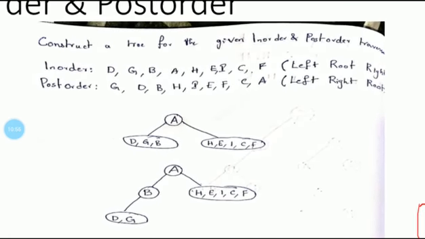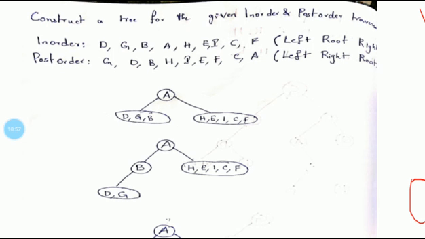So in these three elements, DGB, B appears last. So B becomes the root node. And with respect to B, there must be a left part and right part, but to the right of B, nothing is there, but to the left of B, DG is available. Why am I saying that to the right of B nothing is there? Because A is already explored. Already with the help of A we constructed the binary tree. So that's why we need not bother about the root node A again. So to the left of B DG is available and to the right it is blank.